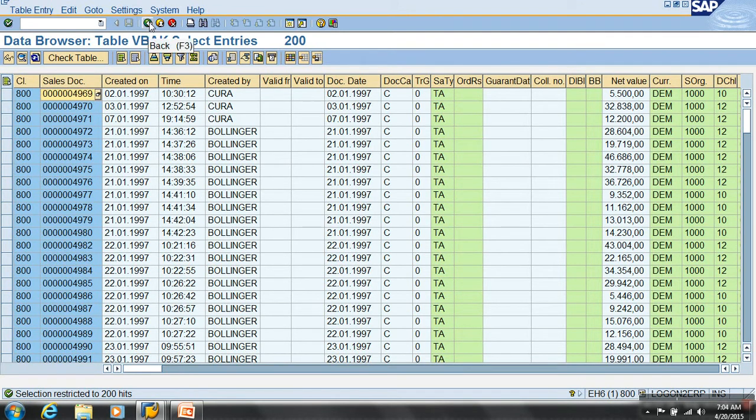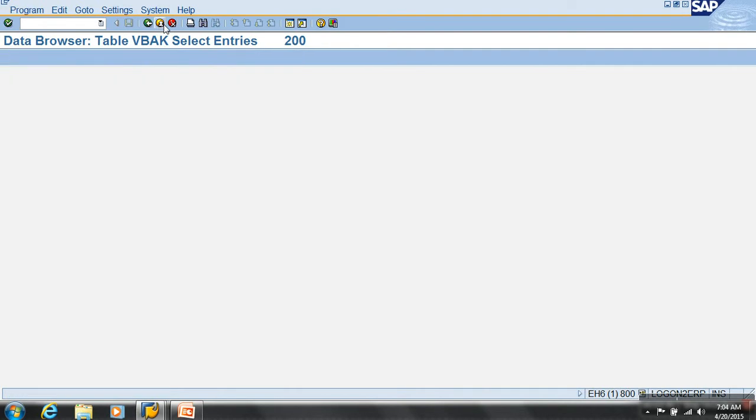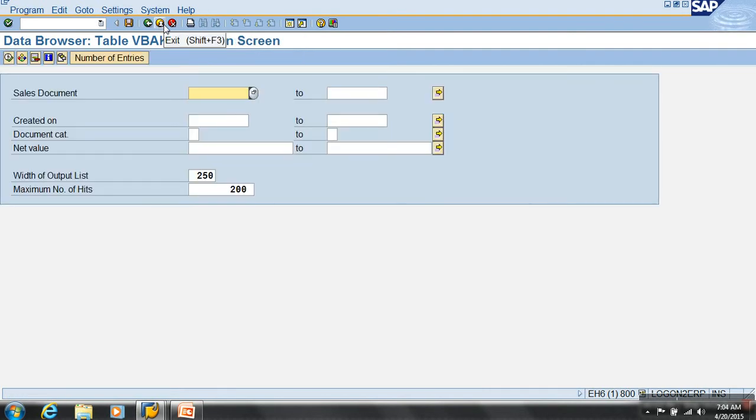Suppose I log into the same system with 810, I might see different data. That is all getting filtered with MANDT, the client information. But BW cannot have multiple active clients, only one active client. That's why you don't see the MANDT column anywhere. But ECC can have the MANDT column, where they can hold data in multiple clients.